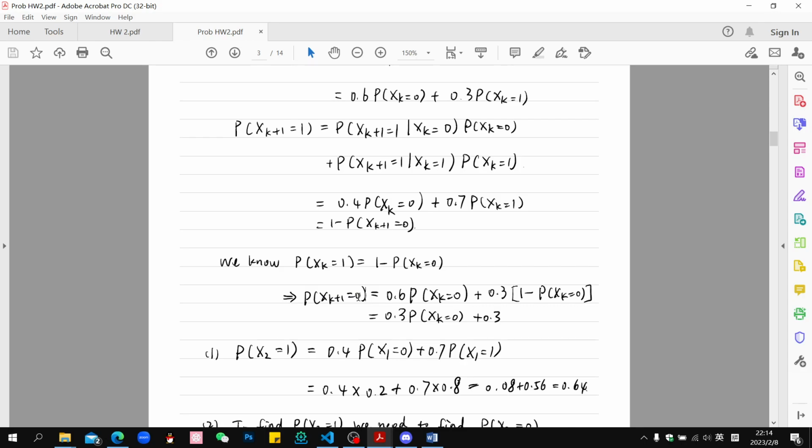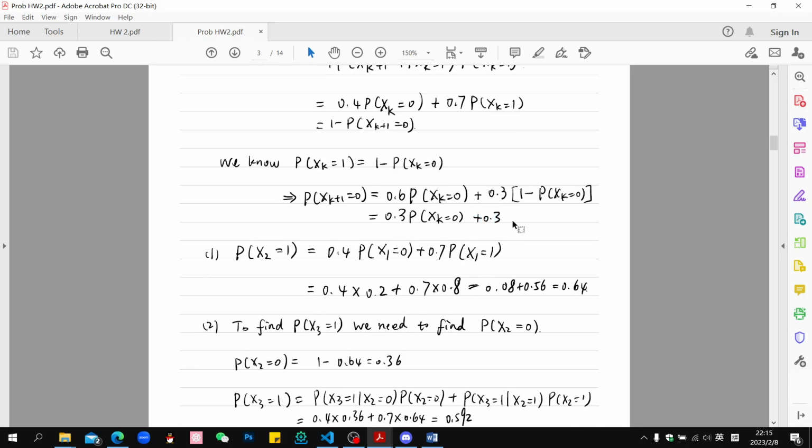That's an iteration expression, or I'm not quite sure what the term is, a recurrence term for probabilities for multiple x to be 0. So basically, the probability for xk plus 1 to be 0 is 0.3 times the probability for xk to be 0 plus 0.3. So we can use that